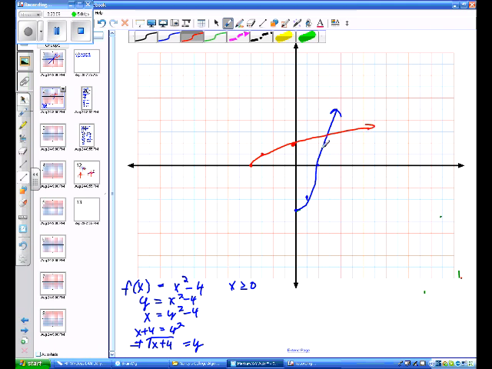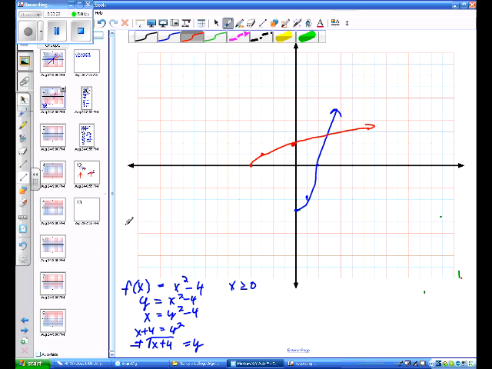And we would have our graph. And we would only deal with the one that was the positive. We wouldn't deal with the negative one because then we would not have a function. And so we've come up with our two functions and we've graphed them and we've seen that they are inverses